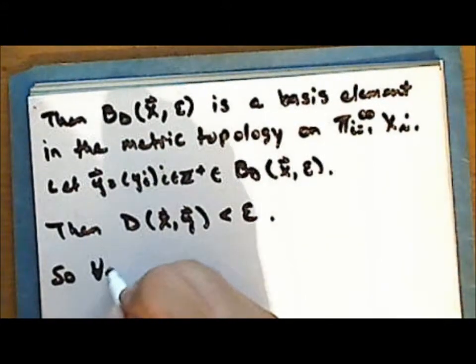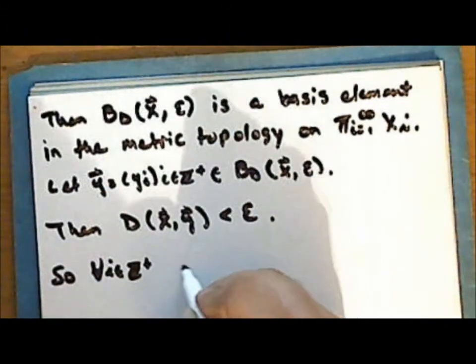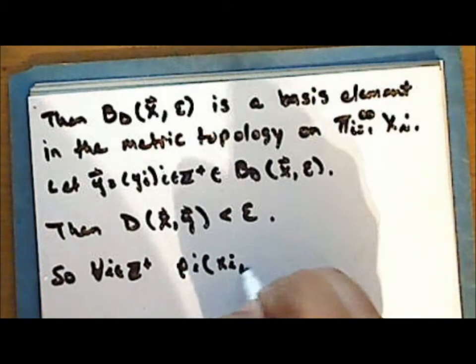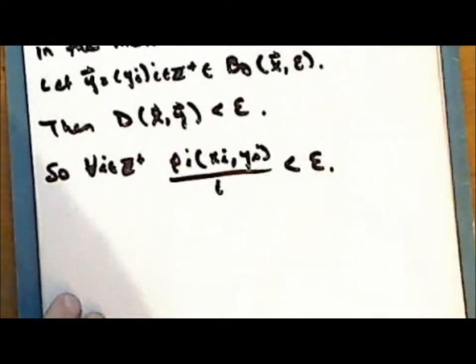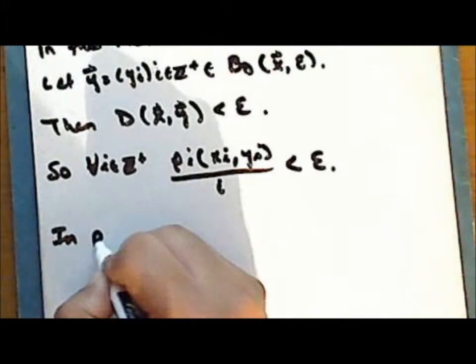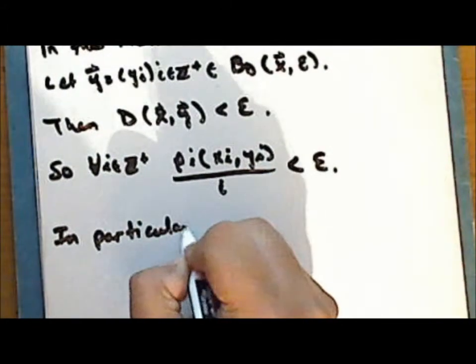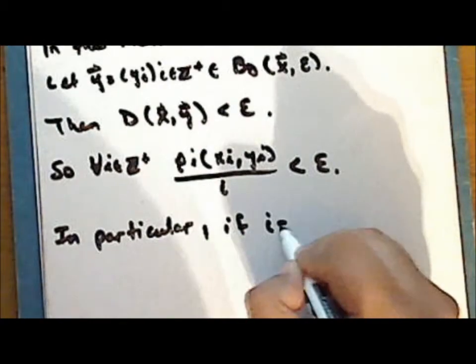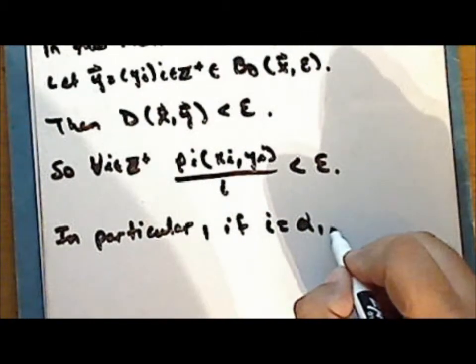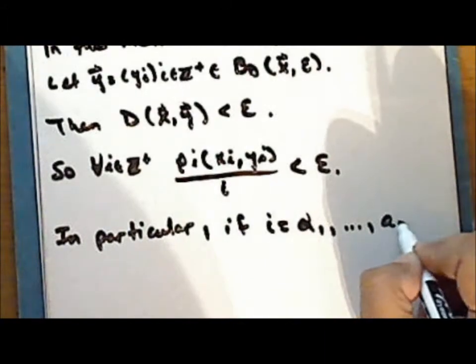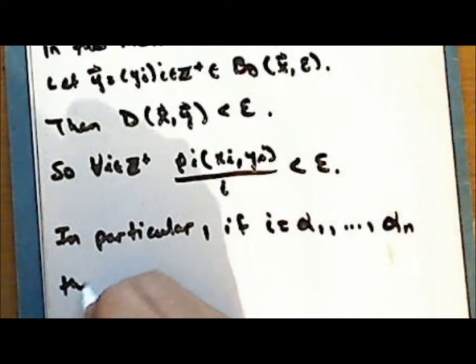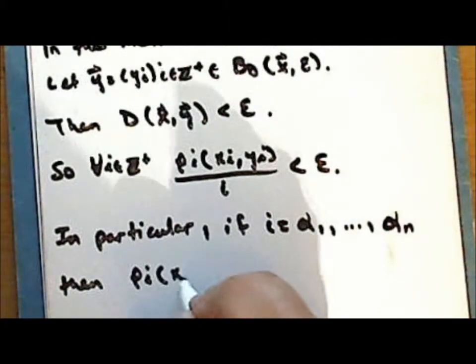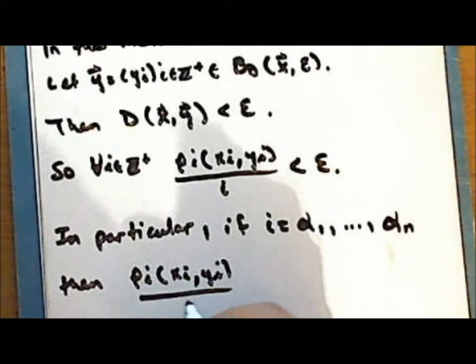And so for every index I, we have that rho sub I from x sub I to y sub I over I is less than epsilon. In particular, if the values of I are those given values alpha 1 through alpha n, then rho sub I from x sub I to y sub I over I is less than epsilon sub I over I,